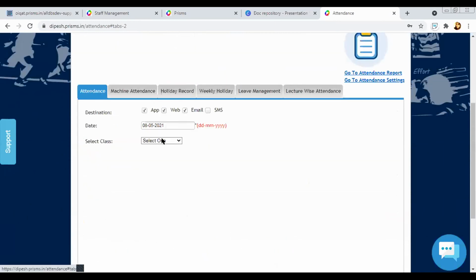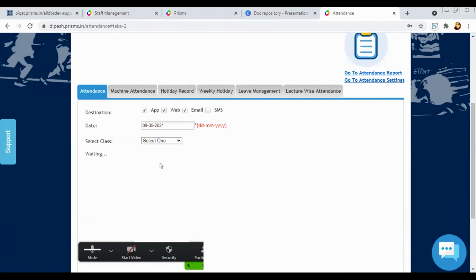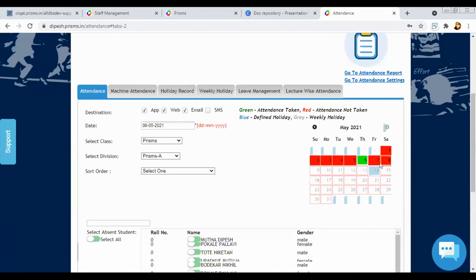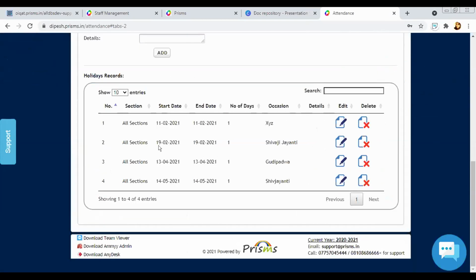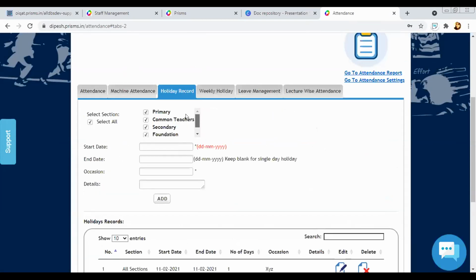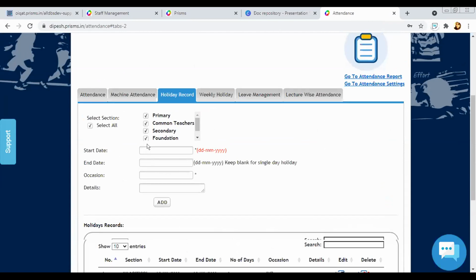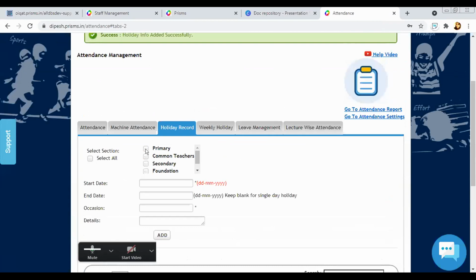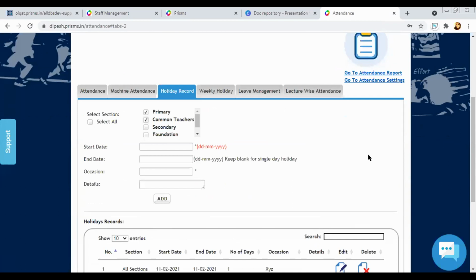Now, if I go to attendance and simply select one class just to show you, see, this particular 14th is coming as blue. So automatically it considers in attendance that this particular date is a holiday. It's very important for marking attendance and calculating attendance also. So you need to enter all your holidays in the holiday record. And like I said, it is possible that for different sections you might have certain holidays but not for the higher sections. According to that, you can select particular sections and define different holidays for them also.